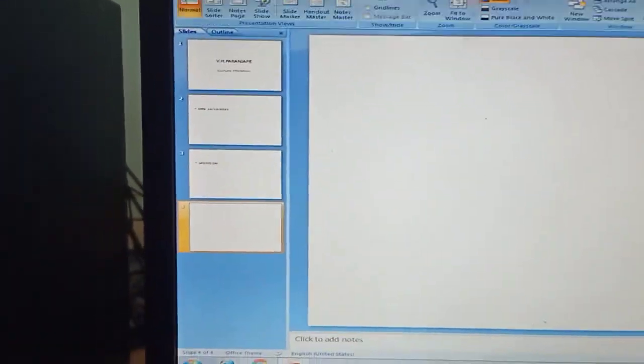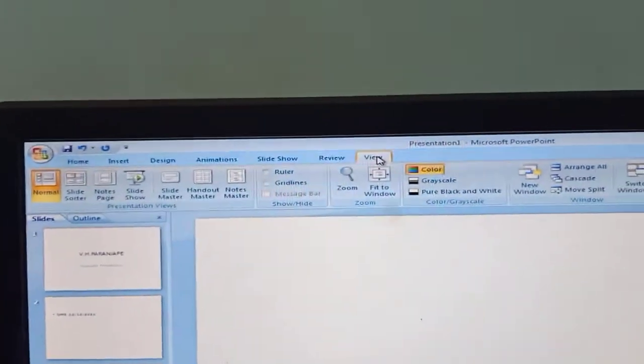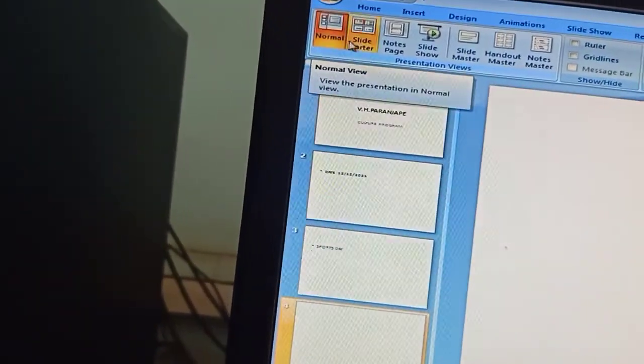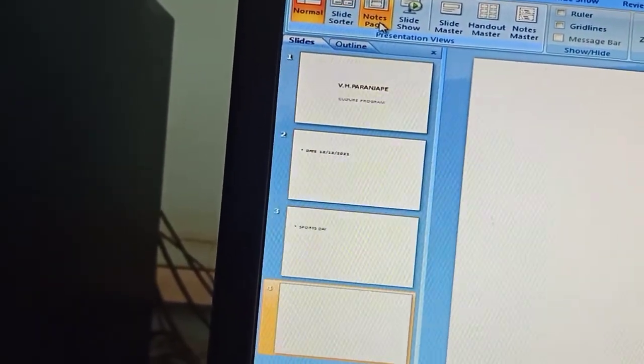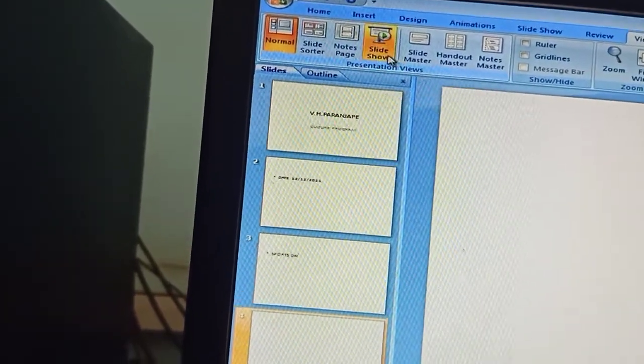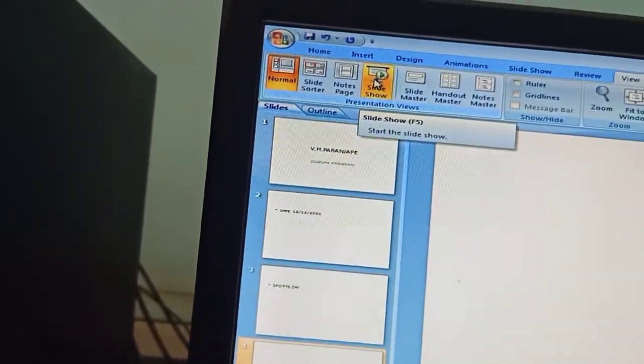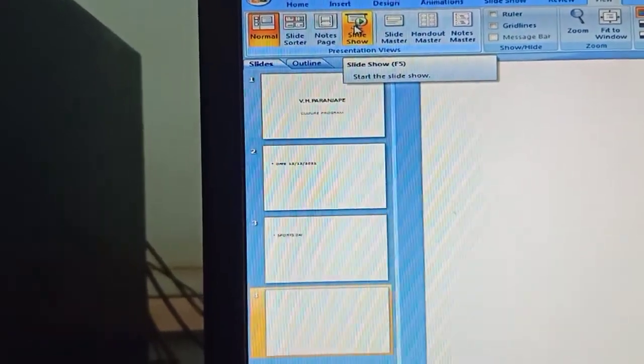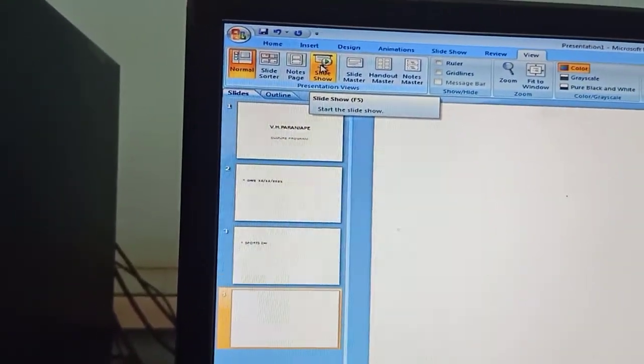Then you can view this collected information differently. You can see normal, slide sorter, note pages. Then here the slideshow. If you use the slideshow, then these slides will appear one by one on your screen.